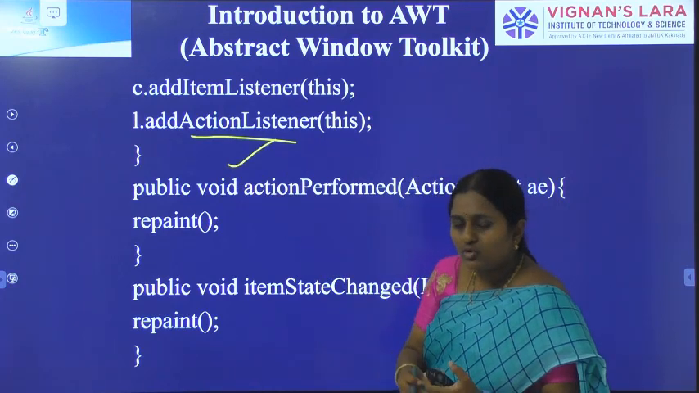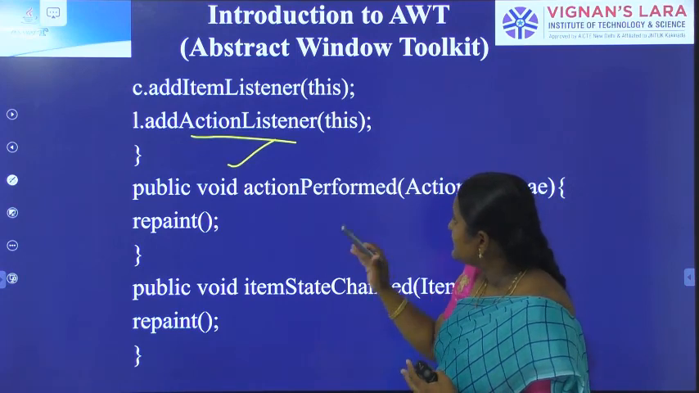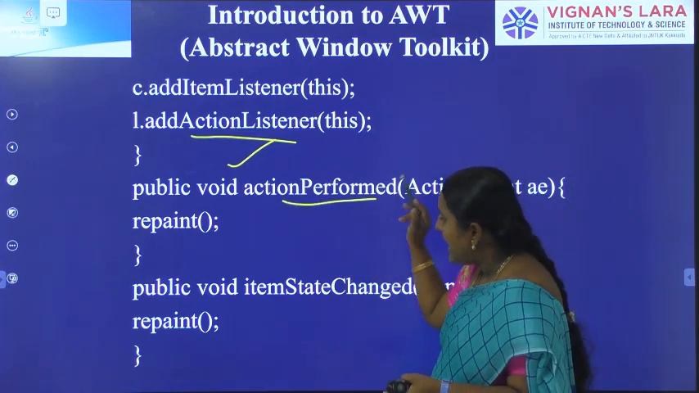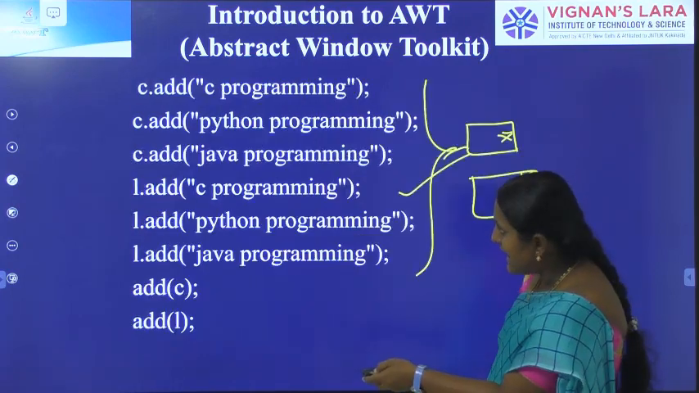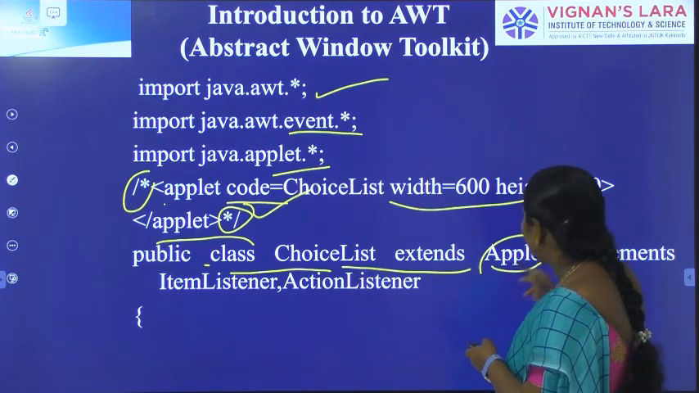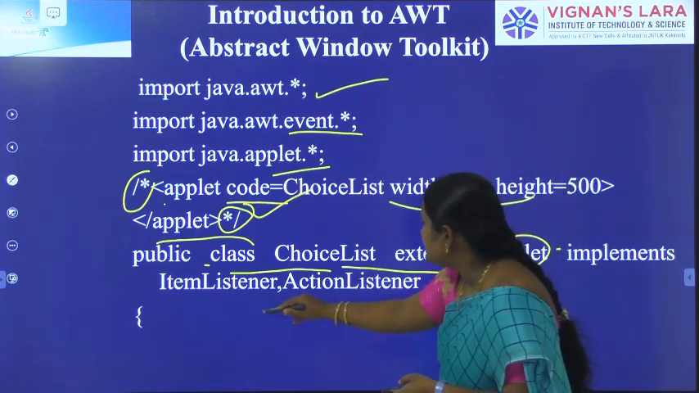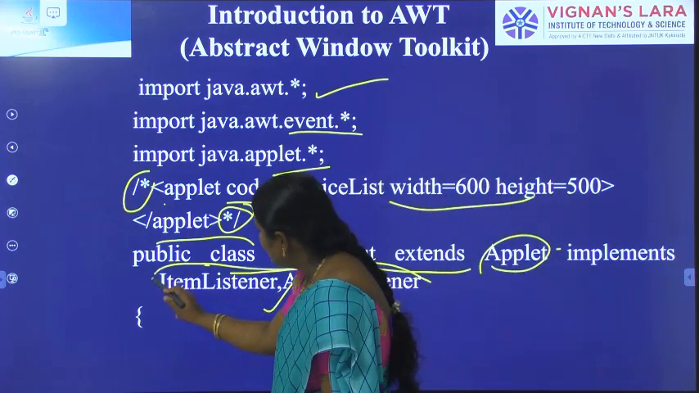Next, after that we have to define the methods. The action listener has one method, action performed. The item listener has one method, item state changed. In the previous slide, choice list extends applet implements item listener and action listener. So whenever we implement these two